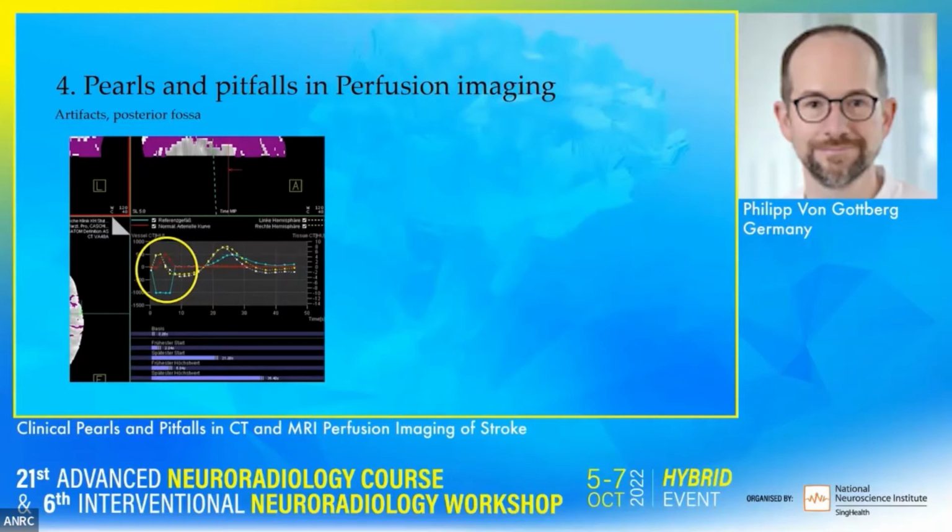The red curve, you can see, has this elevation in the beginning and then stays flat, and this doesn't make sense because the red curve is the arterial curve. So how can we have venous outflow of contrast agent if there's no arterial inflow? So this means that there's an error in the automated process of the reading of this perfusion data, and